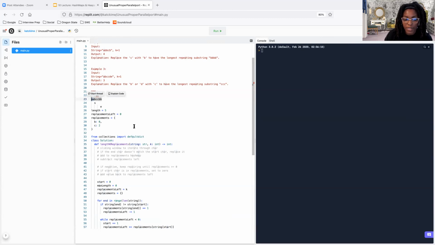But what this default dict here will do is initialize it to 0. And if it is 0, that's fine. We're just going to add 0 to replacements left. So start plus equal 1, move the pointer forward, add this to replacements left, and then